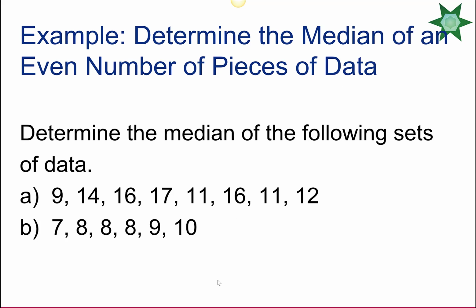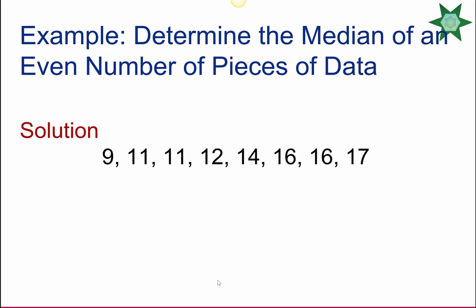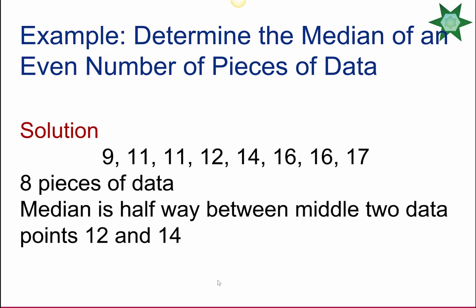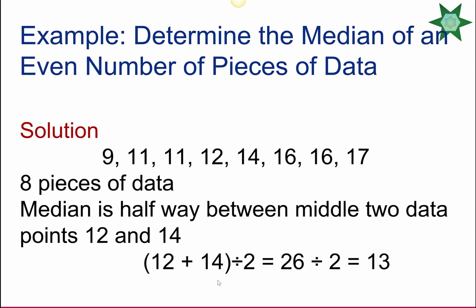Now, we're going to do some more examples with median, because the median calculation will depend on whether there's an even number of data values or an odd number of data values in the data set. So let's take a look at that first data set, and we notice there are 8 data values, and I've put them in order here. There is not one single number in the middle, so we're going to go halfway between the middle 2 values, which is the 4th and the 5th, 12 and 13. So we take the average, or the mean, of those, divide by 2,